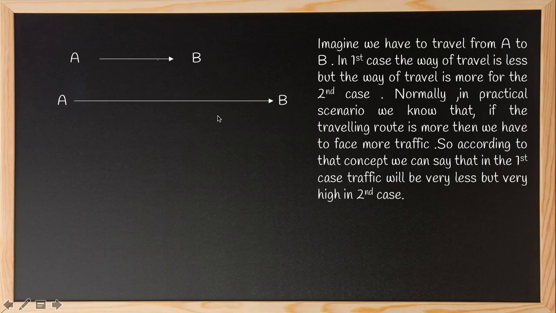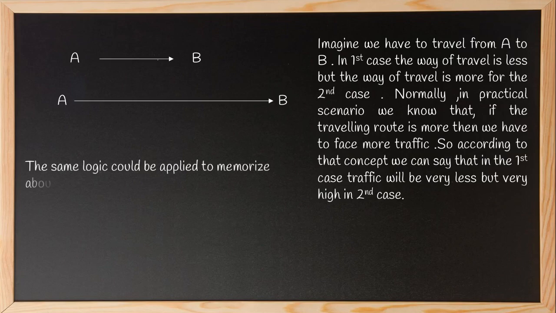But if you think practically, if we have to travel a long distance, we will experience a lot of traffic, while on the shorter route we will experience less traffic. So depending on this, we can take the same logic and apply it